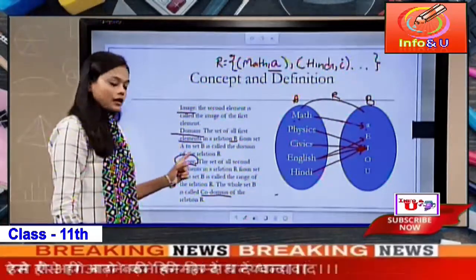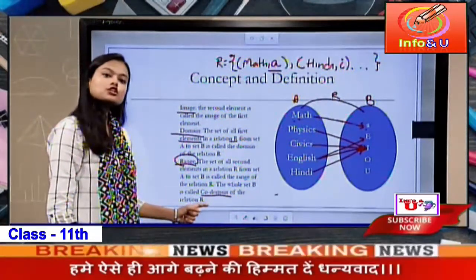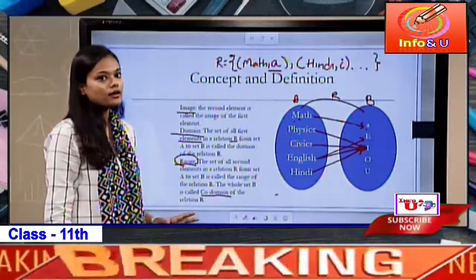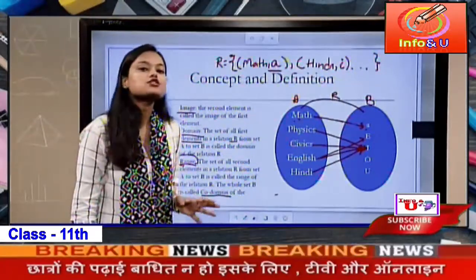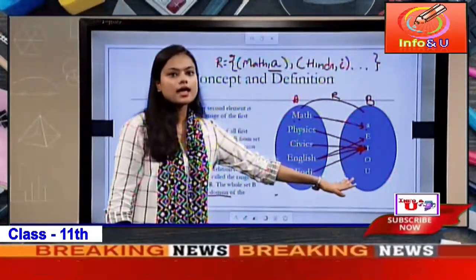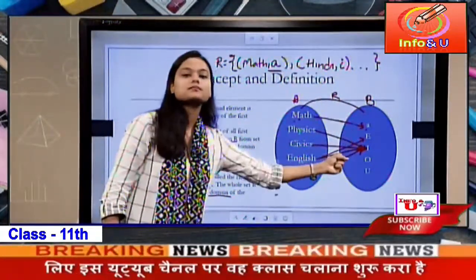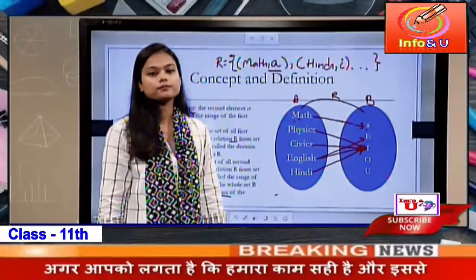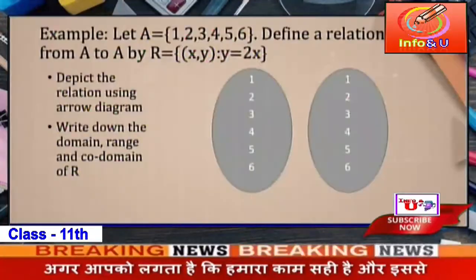Obviously, we can depict the relation between the two, range and codomain. Range is a subset of codomain. It can be the full set B and it can be a proper subset of B as well. So, let us move further